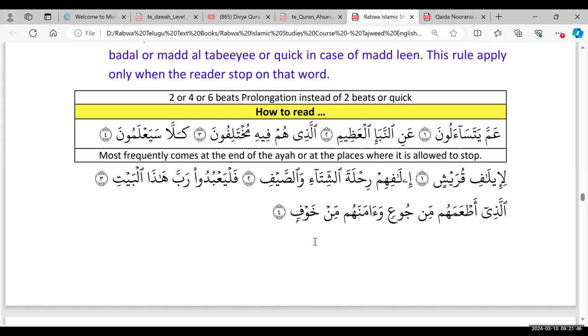If he wants to stop with the 4 units prolongation wherever madari lil sukun applies, then you have to continue till the end of the surah with 4 units prolongation. Similarly, 6 units prolongation. Here in the example, amma yatasaalun, I select 2 units to stop at the end of the ayah. Anin nabail azim, allazi hum fihi mukhtalifun, kalla sayalamun. This is one way. If I want to stop with the 4 or 5 units prolongation,